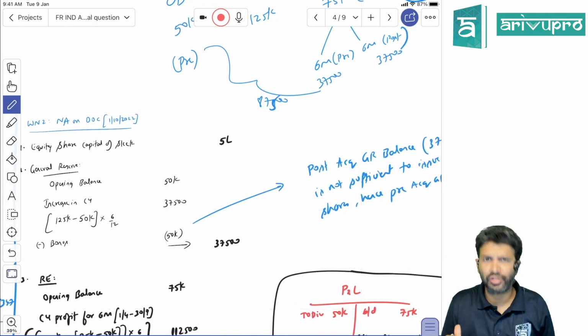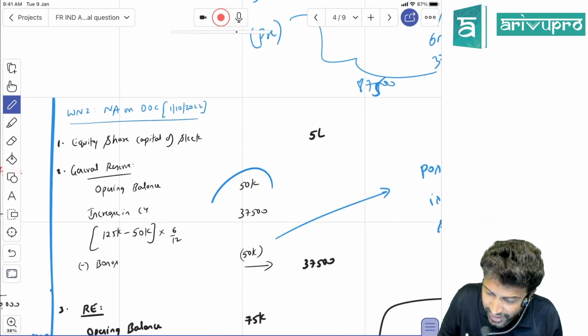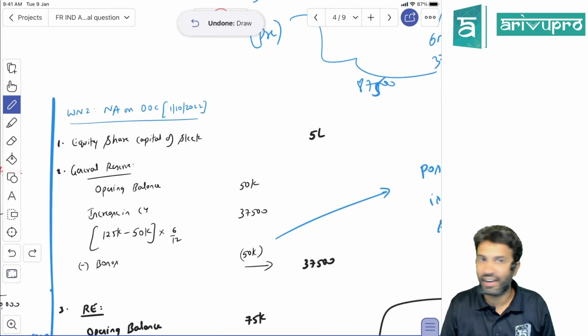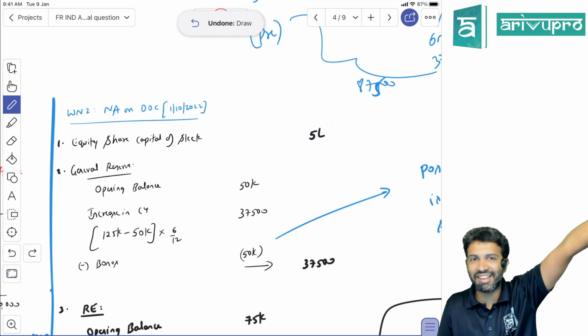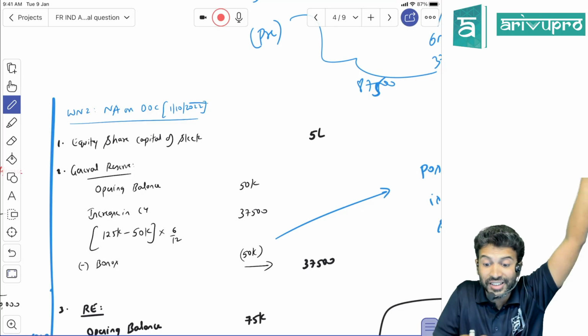You never know. So, is the pre-acquisition general reserve 87,500? No, out of this 50,000 was utilized. But we can't add 50,000 to share capital, because the share capital is not increased by the 50,000 bonus shares on the date of control.